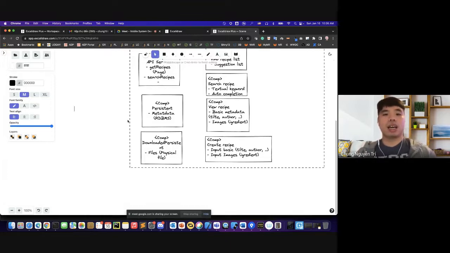So I can have the recipe in here. First I will have the UUID to uniquely identify it. So this is a string. I can have the title as a string, and the author is also a string. This is basic information, and the field I would like to address here is the